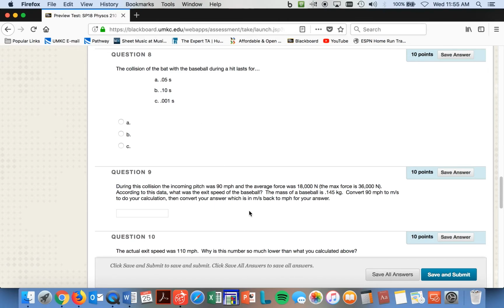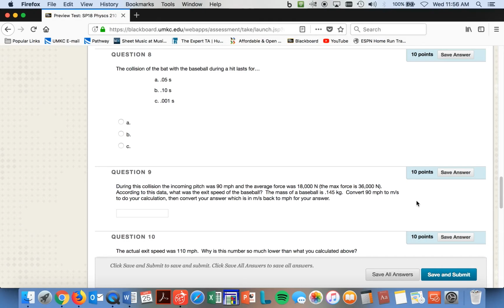So during this collision, a 90-mile-an-hour pitch, the average force is 18,000 newtons. The maximum force is 36,000 newtons, but we're going to use the average force that takes place, 18,000 newtons. According to this data, what was the exit speed of the baseball? Now we did this, so on question number 9,